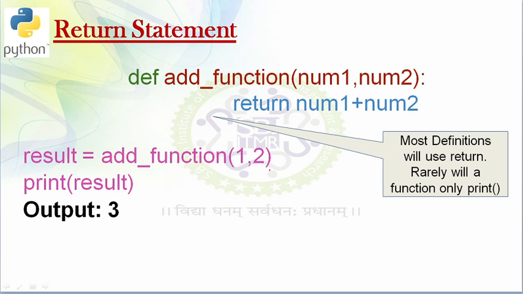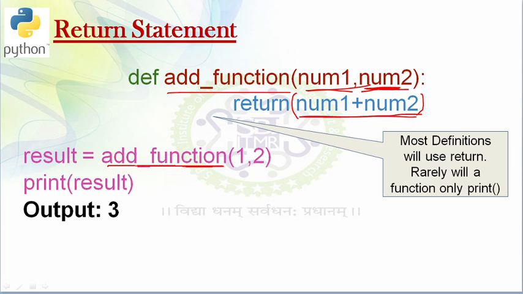So like this my return statement will work. We have seen the return statement. In the previous example we have taken only one argument. Likewise we can pass multiple arguments to the function. So here I am using two arguments, num1 and num2, and I can return their addition to the calling program.